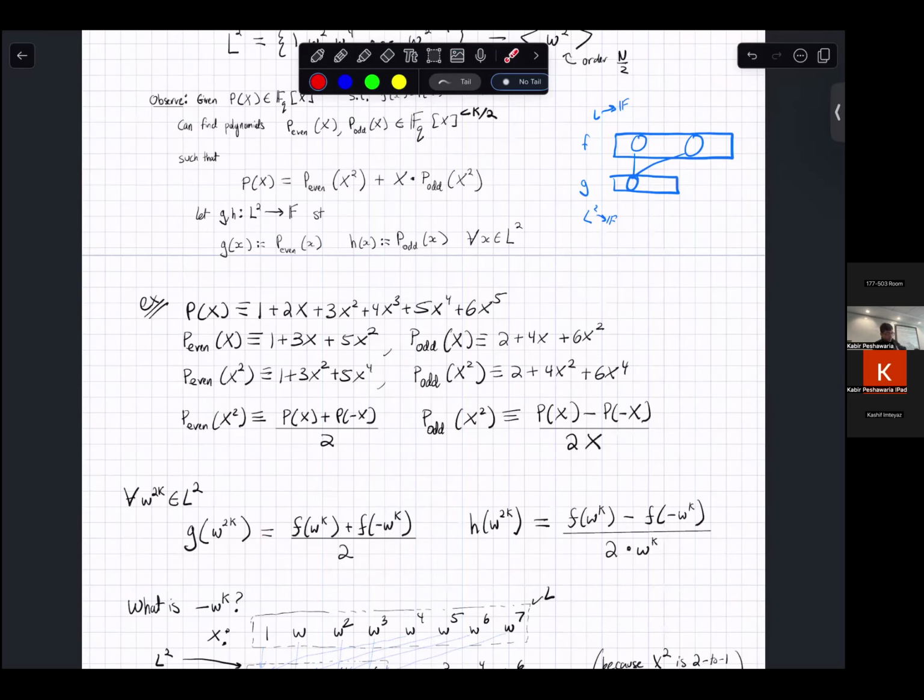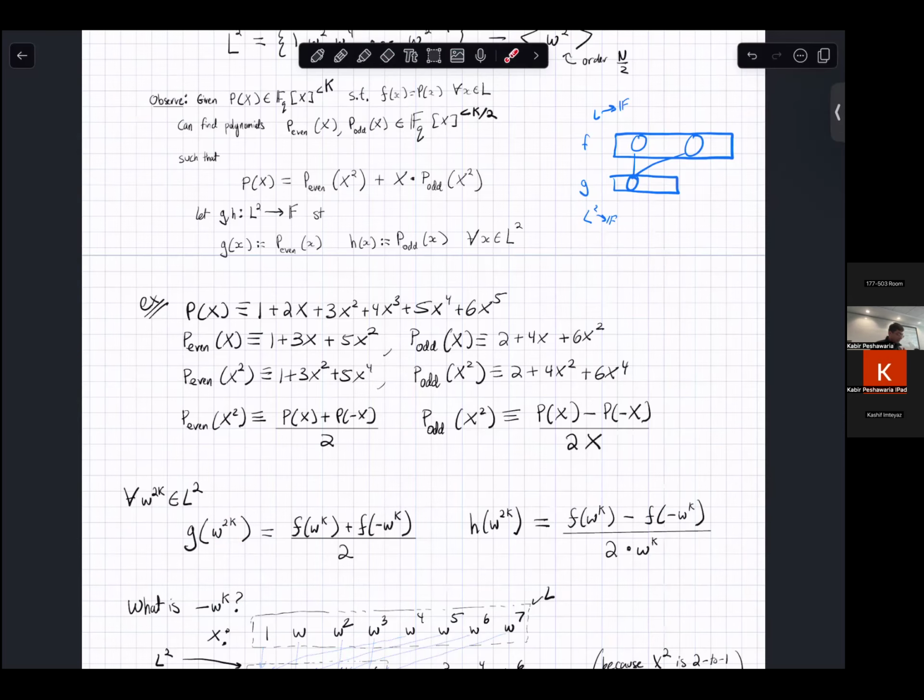So really the crazy thing that's happening here is I can get local evaluations of G using 2 evaluations of F. Local evaluations of H, which is claimed to be P odd, using 2 evaluations of F. And it's not just any 2 evaluations of F. It's specifically the pre-images of the place I'm trying to evaluate G at, when you look at the map x to x squared. I know this is a lot.